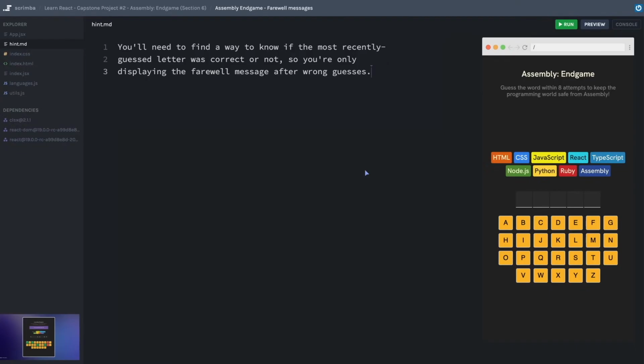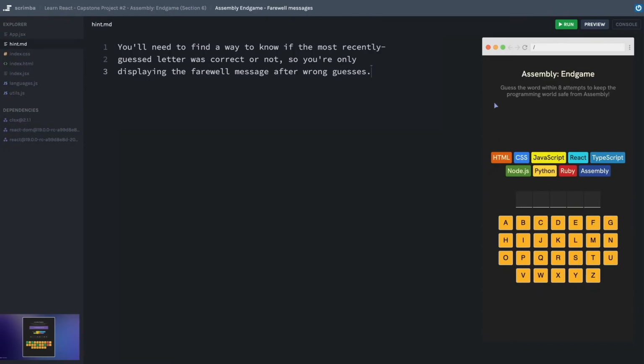Guessed letters doesn't indicate if it was a correct guess or not. We are deriving that information elsewhere, but simply by adding it to the array of guessed letters, our app is re-rendering, and then based on that information is updating the display. If the guessed letter was in the word, then it puts it in its correct spot in the word. If it wasn't in the word, then it's killing off one of our programming languages and marking the letter as red as the keyboard gets re-rendered.